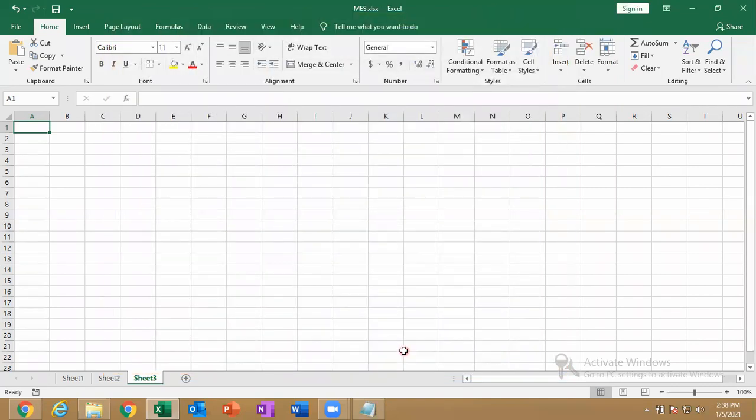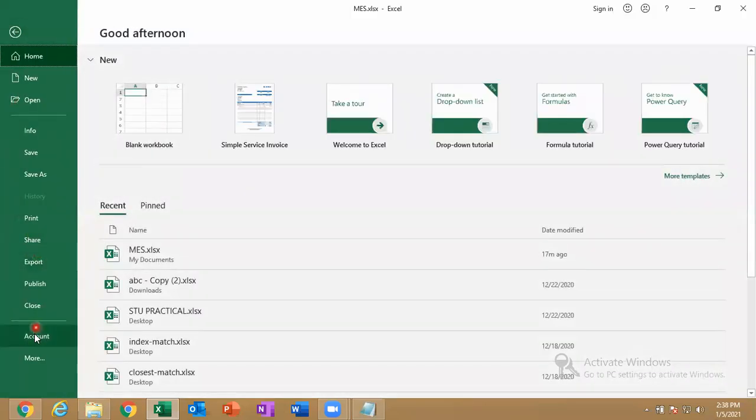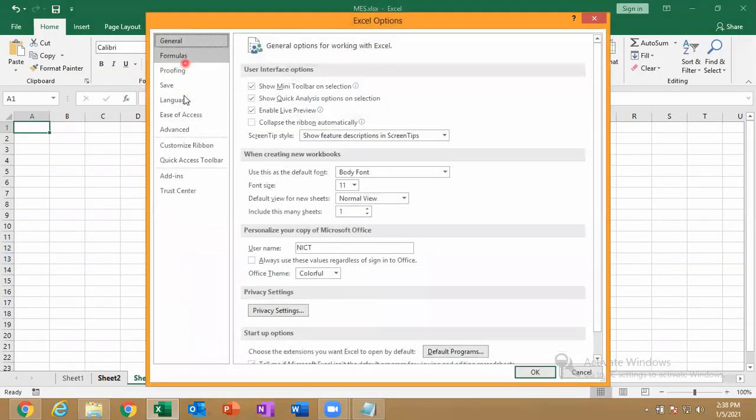Okay, then close your workbook and reopen the workbook. Then you will see that you will get only one worksheet by default. No, sir, it is giving three sheets. File, options. Sorry, general.